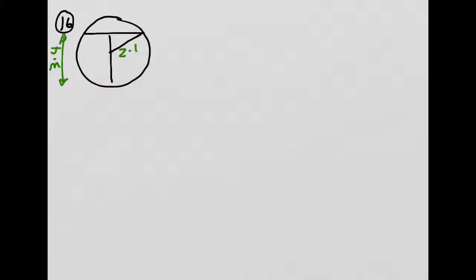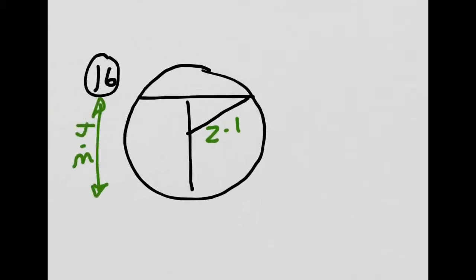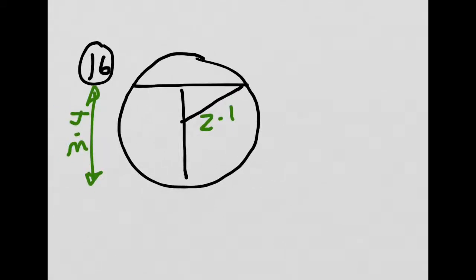Question 16. From the diagram, let's make it a wee bit bigger so we can see what it is. Now we know that this distance here is 2.1. Now if that distance there is 2.1, then that also means that this distance here is 2.1. So if that's 2.1 up to there, and we know it's 3.4 up to the top, then that one there must be 1.3. We are trying to calculate the distance across here. So if we work out half the distance first of all, that little distance there,